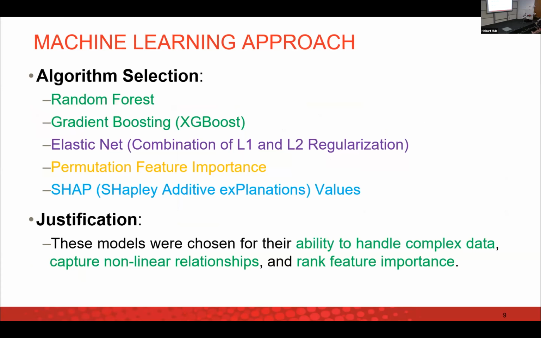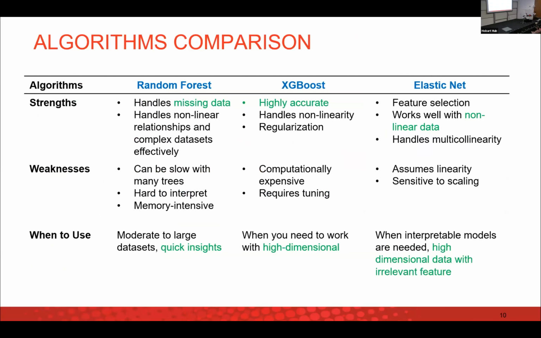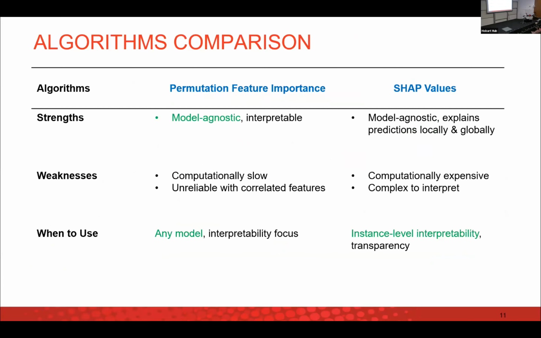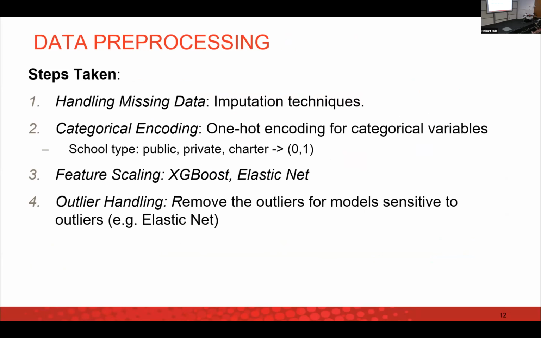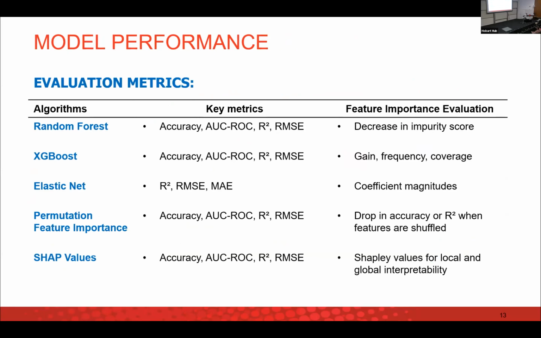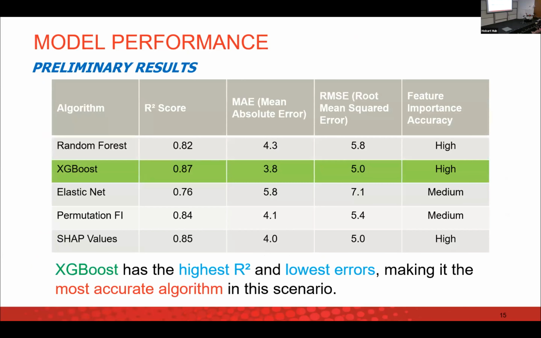The machine learning models that we use, there are about 5. We believe these models are good enough to handle the data. They each have strengths and weaknesses, but I'm just going to skip this. Of course, there is some data pre-processing. Each of the algorithms also has key metrics, but just to summarize,